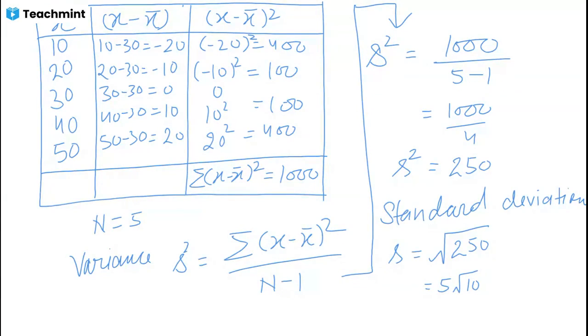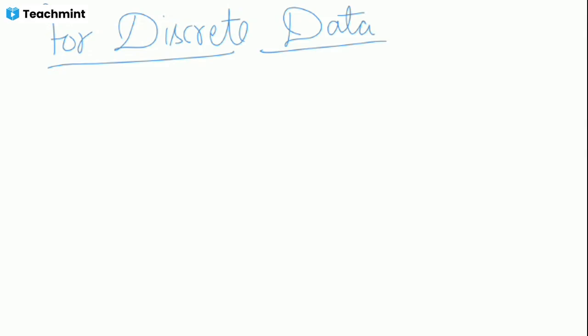Okay. So let us do now variance for discrete data, then we'll do for group data. Okay. For discrete data,